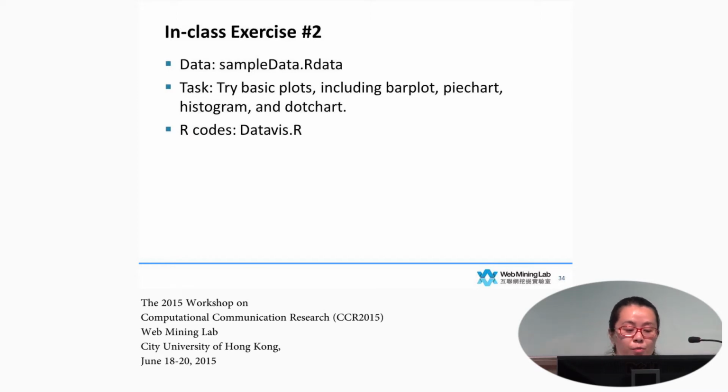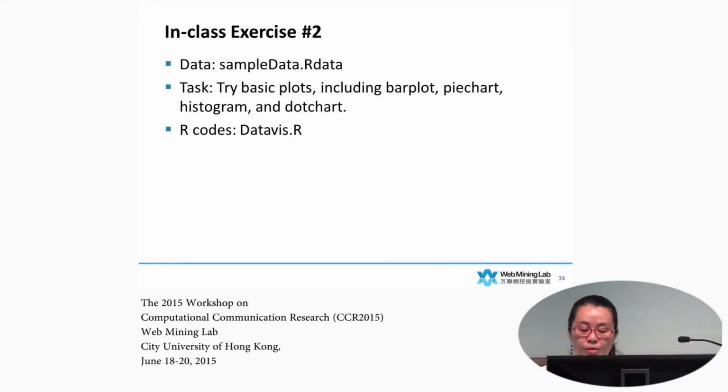Okay, so next we're going to add label. So how to do that? We're going to use ylab equal number. Use this command to add label to y-axis. You can see now there's a label here,